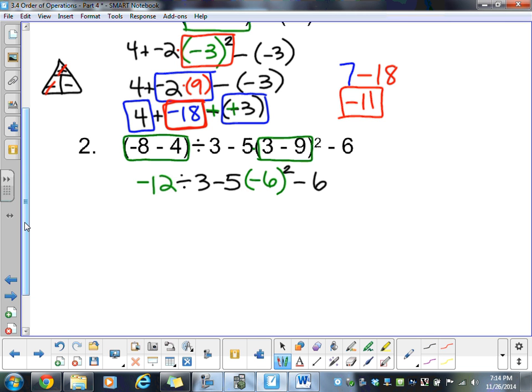So we've worked out our 2 sets of parentheses. Now we're going to look for an exponent, which I see on the negative 6 right here. So I'm going to write out my negative 12 divided by 3 minus 5. And now this negative 5 is still multiplied to the negative 6 that's being squared. So we're still multiplying. Negative 6 squared means negative 6 times negative 6, which is going to be a positive